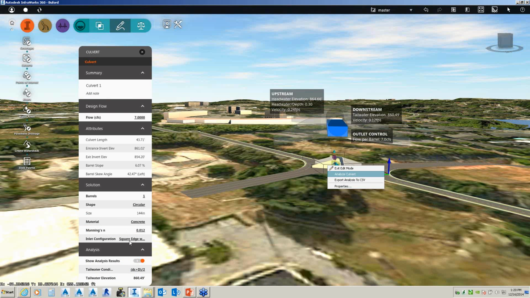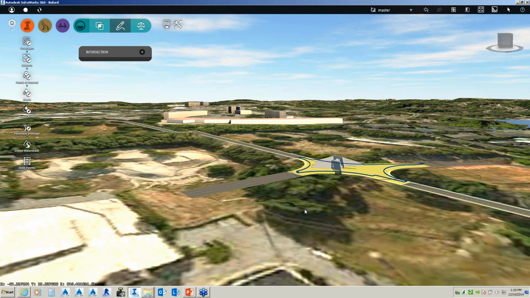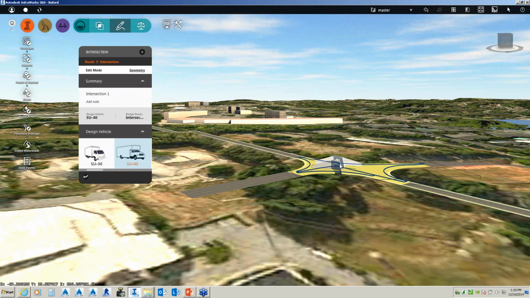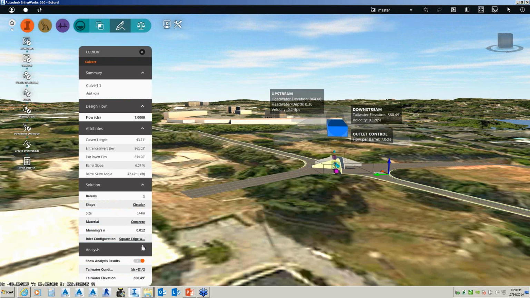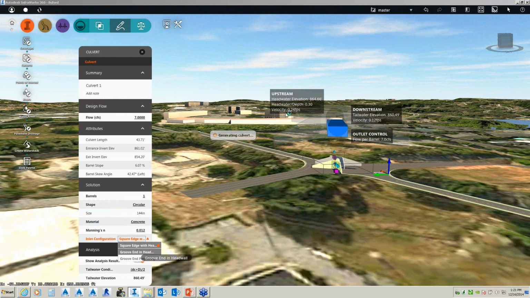Clearly you can see over here the inlet configuration. If I change my barrels or my inlet configuration, that's going to change what happens with my headwater and depth, my velocity.